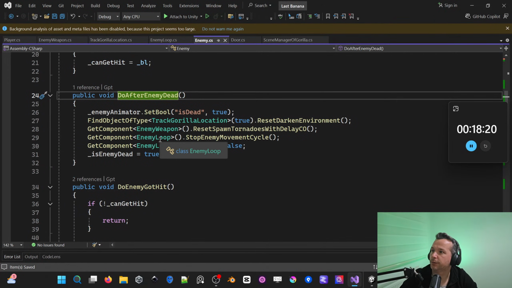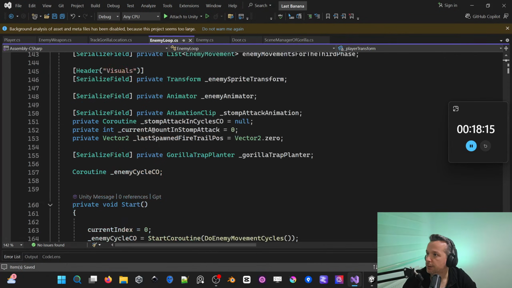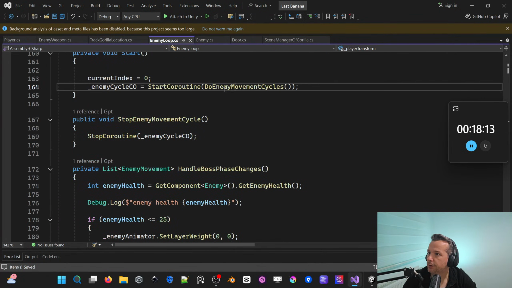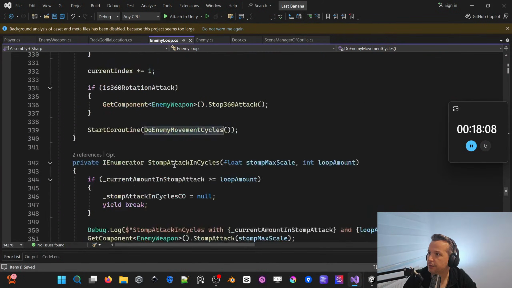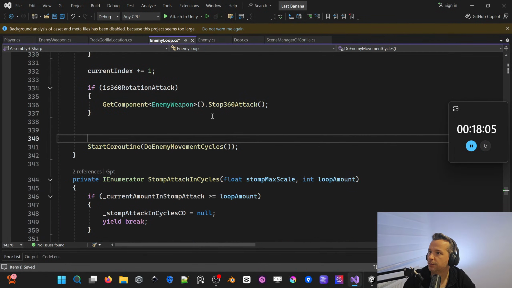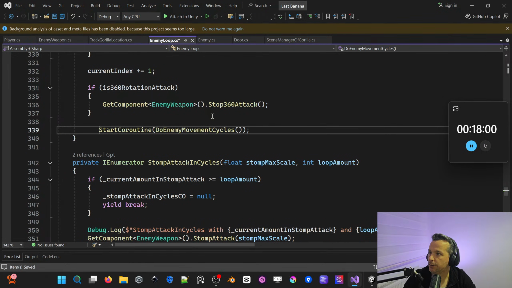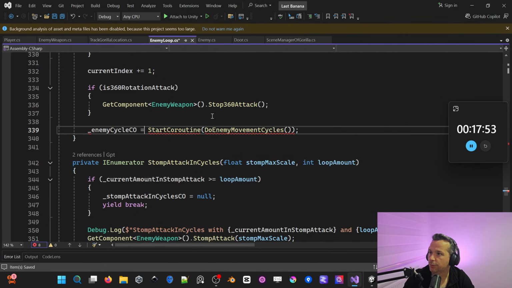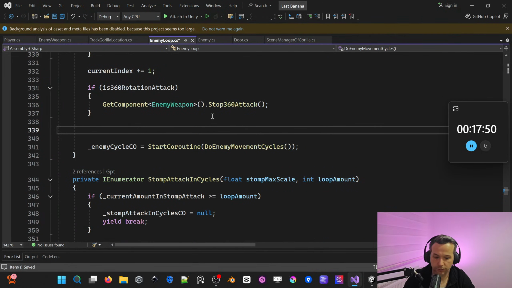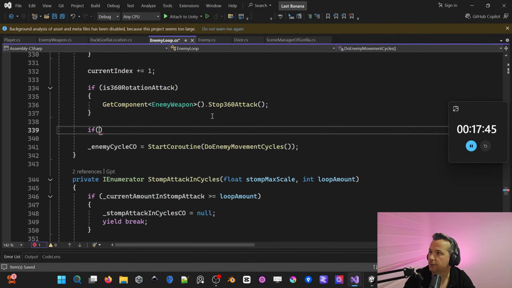okay, let's find the enemy loop. I think that I know where the problem is happening. Under the enemy loop, within the enemy cycle, before starting the next coroutine, also I did not assign the enemy cycle coroutine, it would be assigned to this one also, and also if enemy is dead or is